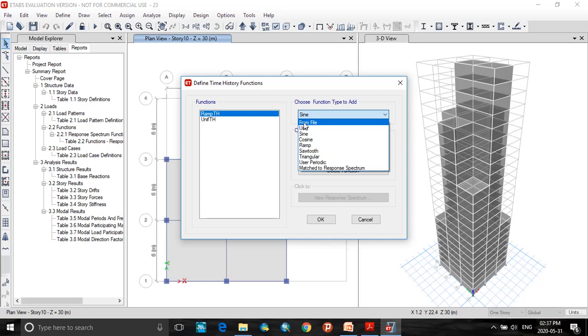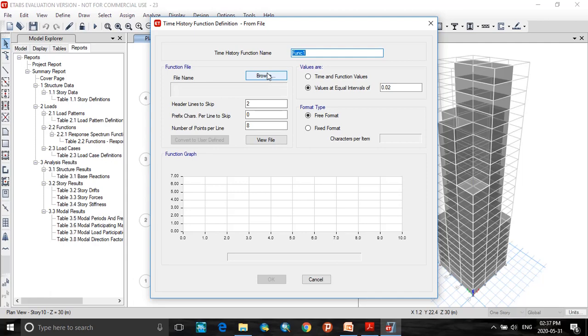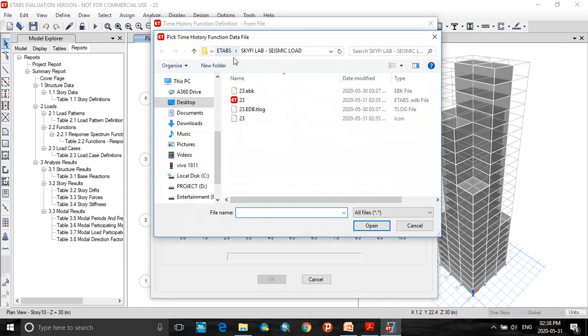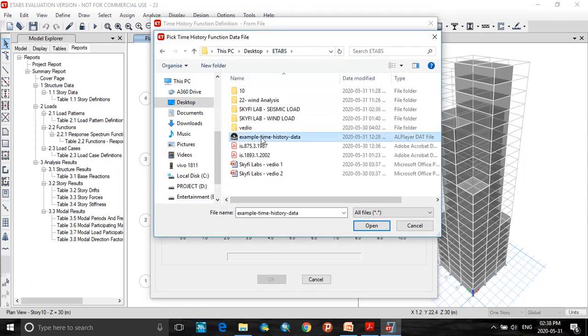So select from file, click to add new function. So browse to add the file. So here, use that downloaded time history data file.